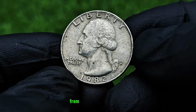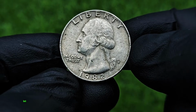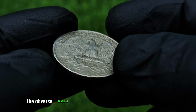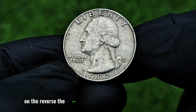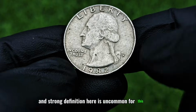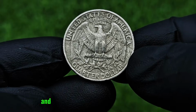people expect. From a design perspective, the 1982 P Washington quarter carries the familiar and iconic look that collectors know well, but closer inspection reveals why premium examples are so desirable. The obverse features George Washington's portrait with fine hair details that are often weak or flat on circulated coins, especially above the ear and along the jawline. On the reverse, the eagle's feathers and breast are key focal points, and strong definition here is uncommon for this issue. Coins that display crisp lettering, full feather detail, and original mint luster immediately stand apart and command strong attention